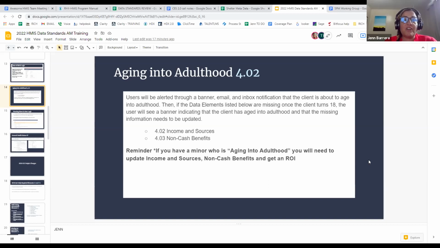Now that's a great question. So when you think of dependent, you can't think in terms of IRS dependent. You have to think in terms of the legal and our policies and procedures. So our policies and procedures state that anyone aged 18 in the household is required to sign a release of information. So the dependents in this case, the use of that word dependent refers to minor children.